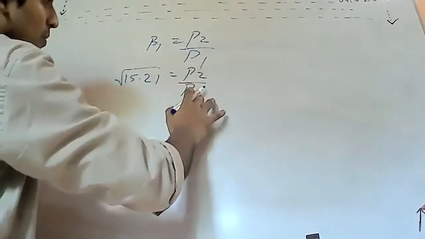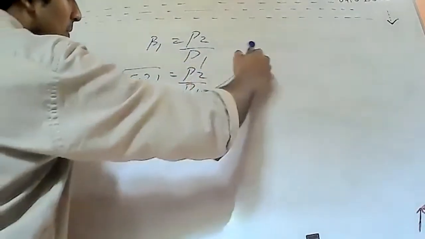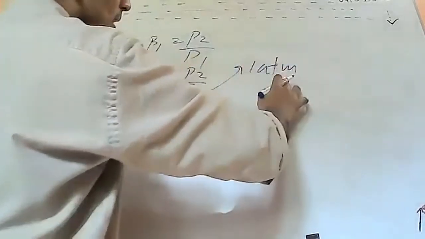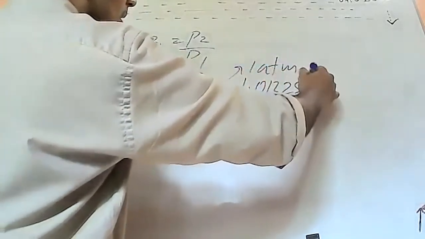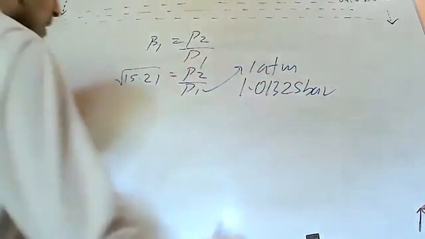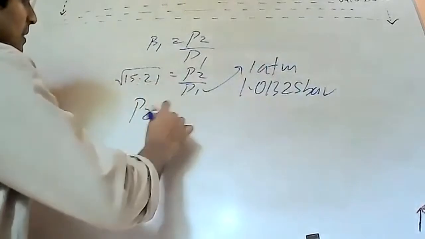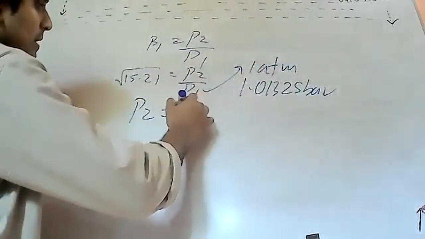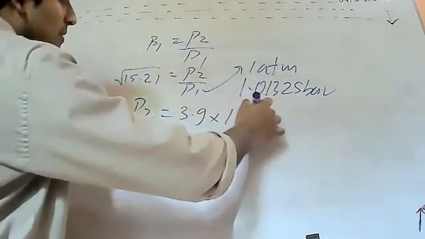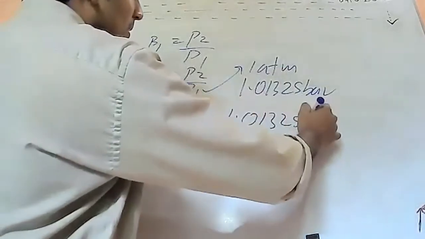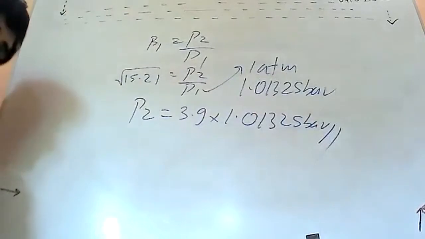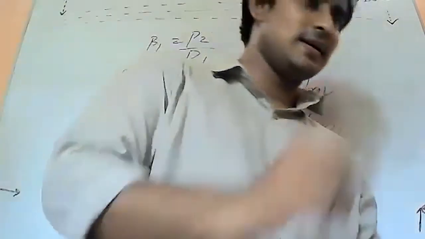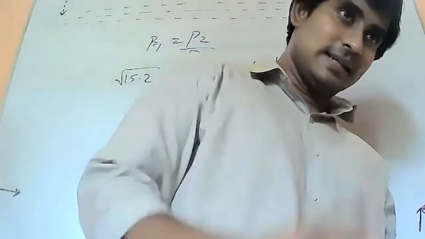P1 you know is 1 ATM, but I told you don't put it in ATM, put it in bar, 1.01325 bar, right? So P2 equals 3.9 multiplied by 1.01325 bar. So this is the value for P2. I just taught you how to find the pressure values. And the next case,